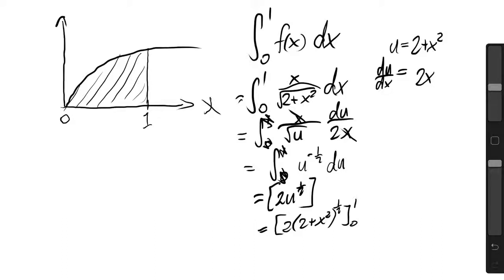So with that information, we can now do the substitution. So if x is 1, then we have 2 times 3 to the power half minus 2 times 2 to the half, which is